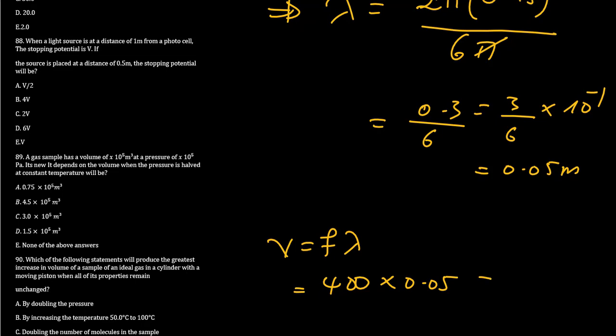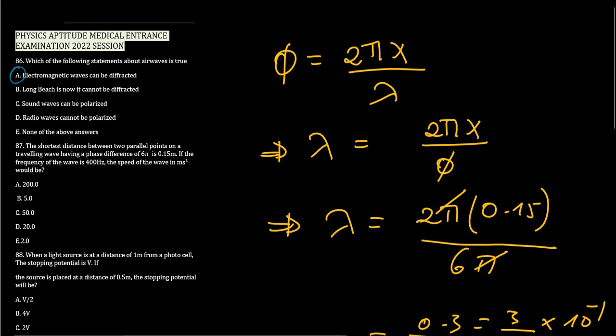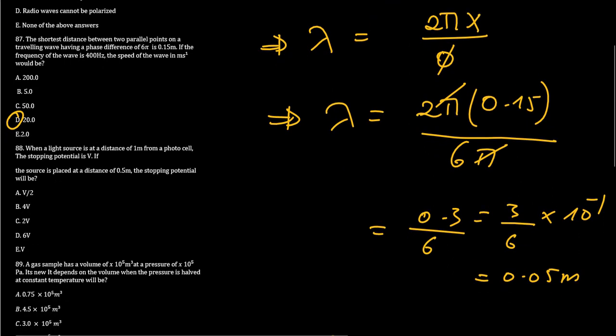Which is going to give 20 meters per second. So the correct option is D. Next,